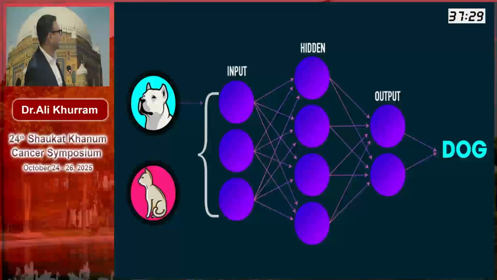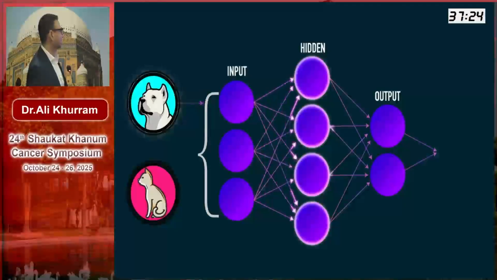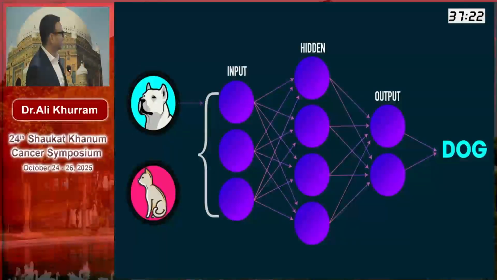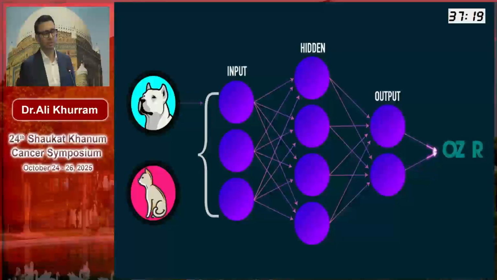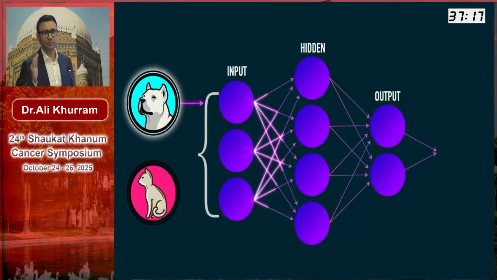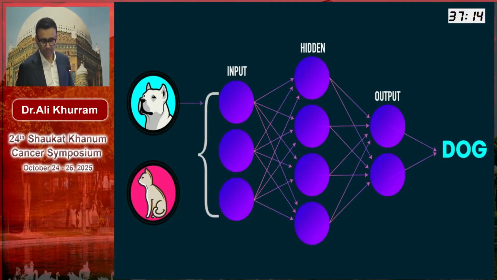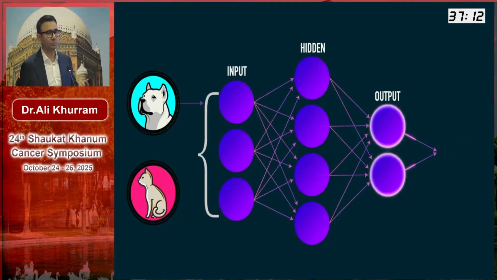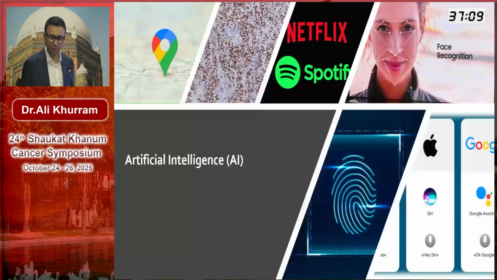Basically, you are putting in what you think is the output. You want the AI model to decide what is the output. Is it a dog? Is it a cat? In this case, it's a dog. There are different layers in between which work like neural networks of the brain, which are helping a model make that decision. Okay? And it really is up to us in terms of what models or layers or complexities we can introduce in these. And all of us are already using AI in our daily lives, whether you're using Netflix and the recommendations it makes, and Spotify or Uber or Google Maps, etc. So it's not really a surprise that we can apply it to pathology as well, and with some success.